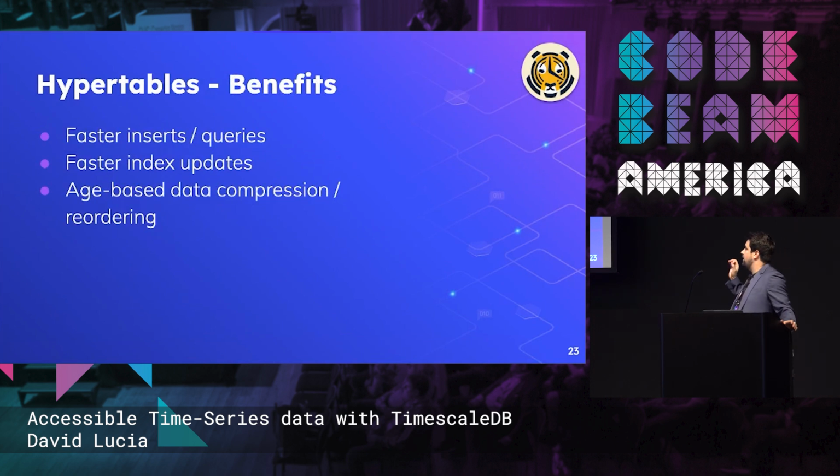So with hypertables, we get faster inserts and queries because of this time constraint. We know that we only have to write at the end. So that allows the query optimizer to speed certain things up. Indexes get faster. We get age-based data compression and reordering features. And what's really cool about the chunk-based architecture is that your data set can usually fit in memory because you're typically querying the last n number of days or months or years. And so you could design your chunks so that they're always pulling in and sitting right in memory.